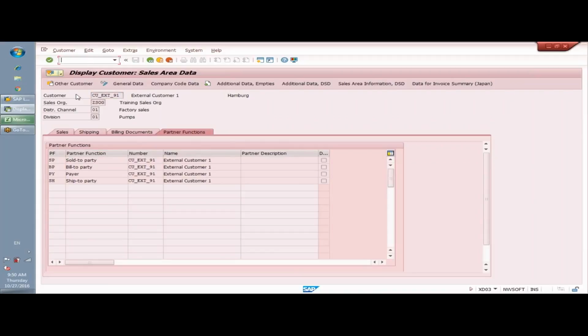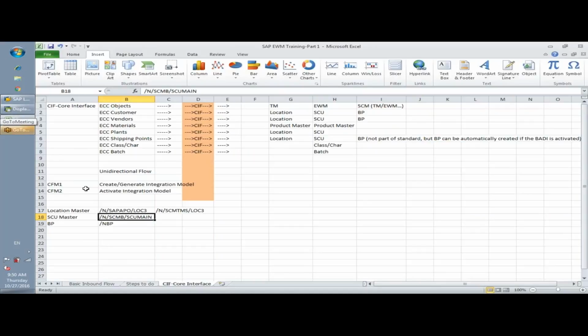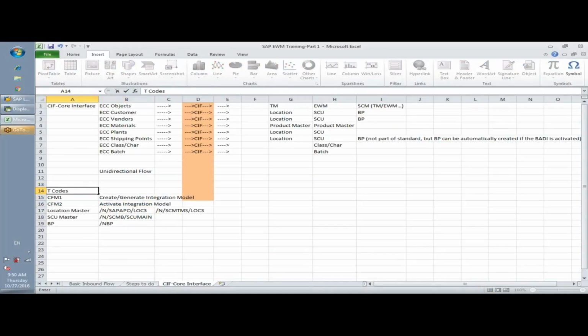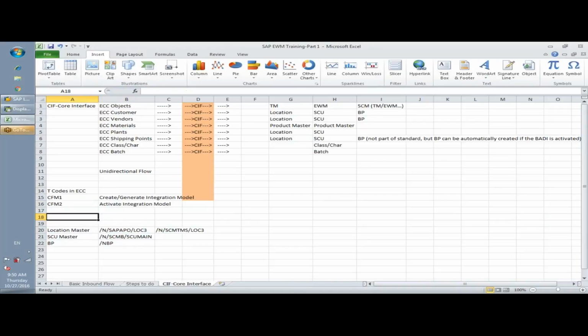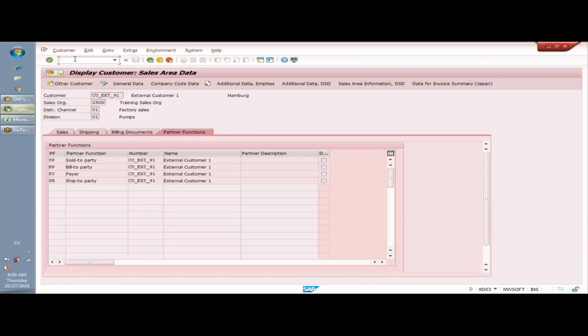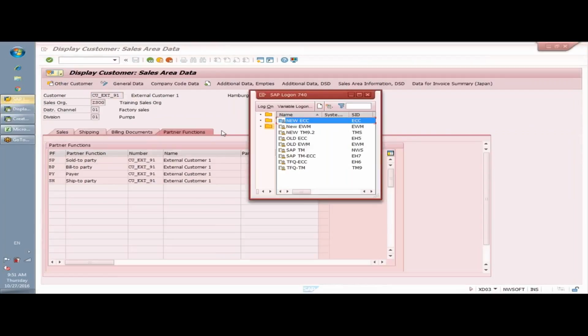I am going to CIF this customer. So as discussed, it is a two-step activity. I will start with CFM1 T code. I put it together that these are the T codes in ECC and T codes in SCM system. When we use the word SCM system, it can be any SCM system, APO, EWM, TM, emphasizing again on this part. So I go to the T code CFM1. Additionally, if we open the EWM system,